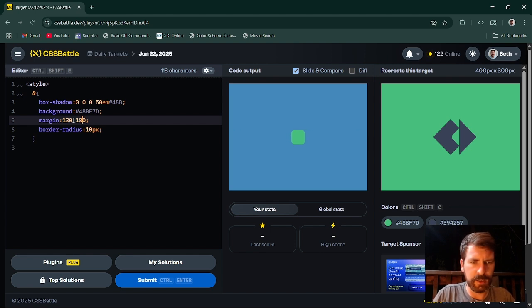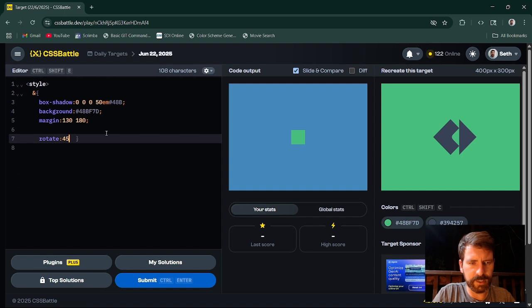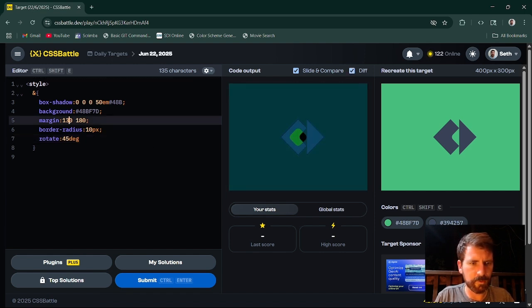Something like that. And if we do a rotate of 45 degrees. Oh. How did I delete that so easily? All right, rotate 45 degrees this time. Okay, so let's look at our diff. And we just need to margin it over a bit. So top and bottom is good. Left is going to be less, but what we're going to do is first work with the right, and if I have to do position fixed anyways,